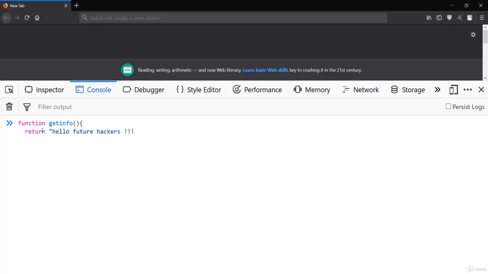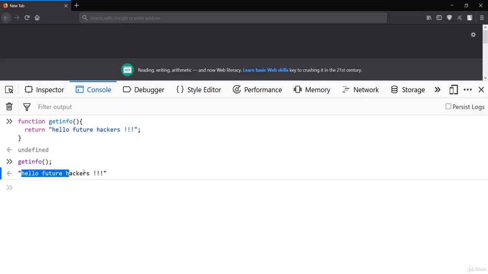This should be the message, and now let's close this function. After that I'll call this function. Here we don't pass any argument because it is empty while declaring the function. If I print this, you can see the message straight away saying hello future hackers, which was the return value from this function.